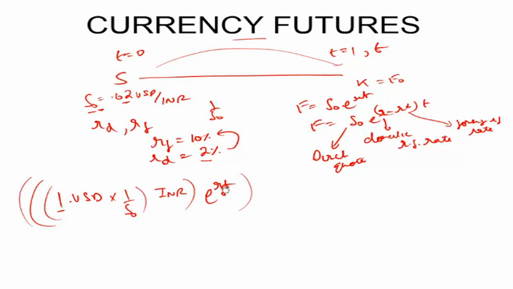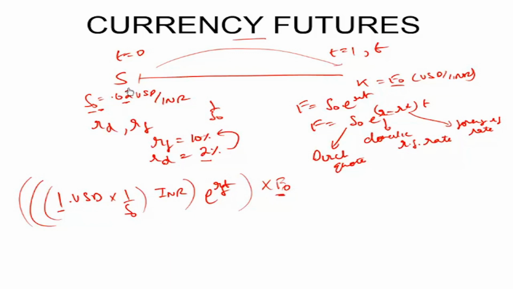At a time T later, I will have to convert so much INR into US dollar. So I will enter a forward contract today itself at T equal to 0 to convert this much INR into USD at the rate of F0. So if this is F0 USD per INR, since all currencies are in the direct quote, then 1 INR is giving me F0 USD. So much INR will give me so much into F0 USD.